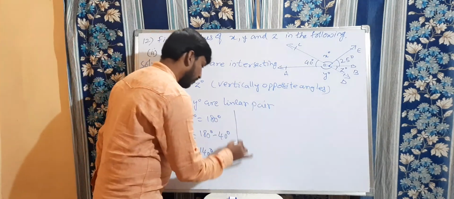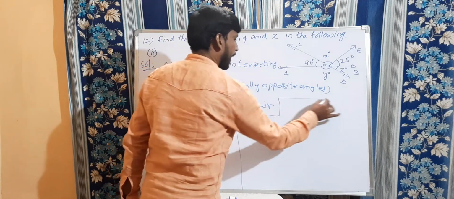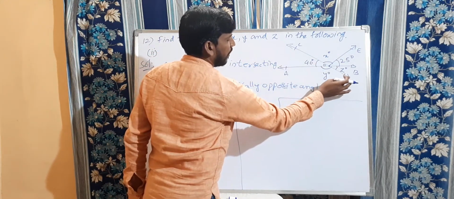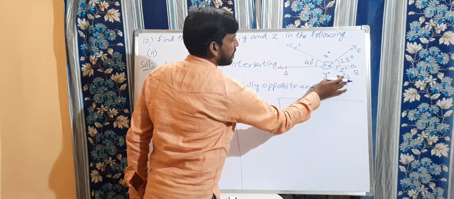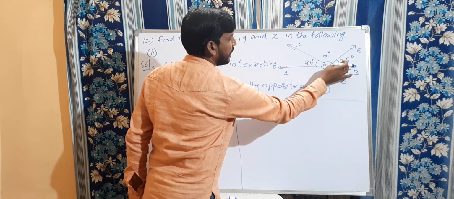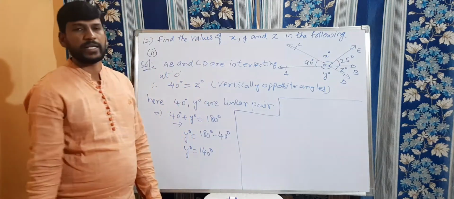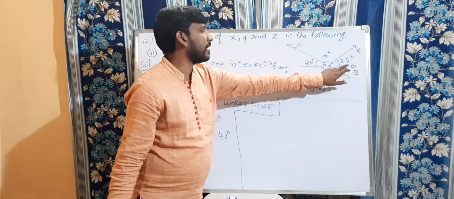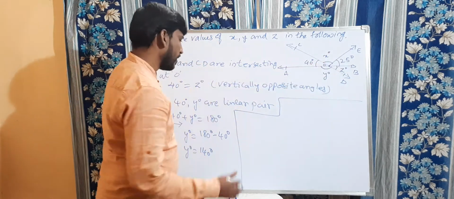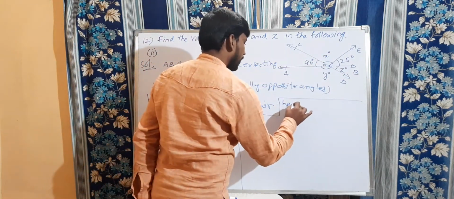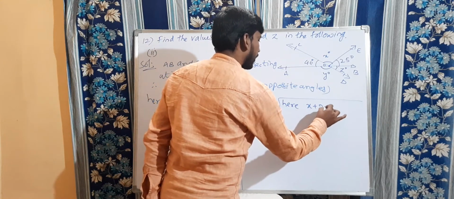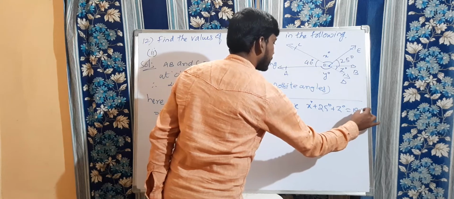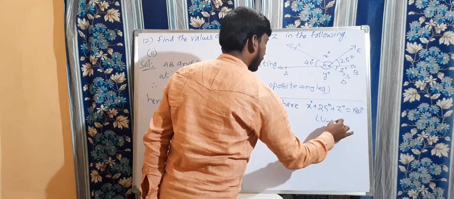So now to find the X value, observe the diagram clearly here. Now see this here, this part C, this is CD. In CD, this total part, the sum of these three angles will become 180 degrees. The sum of X, 25 and Z, because these three are a linear pair. So here X plus 25 degrees plus Z degrees is equal to 180 degrees, since they form a linear pair.